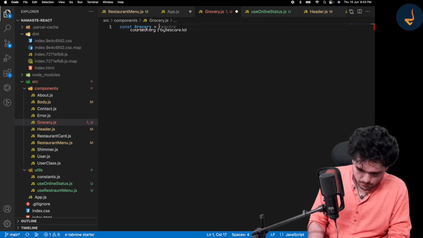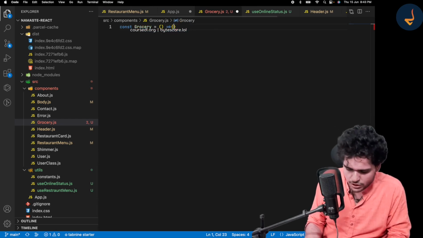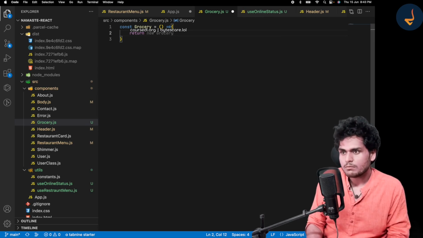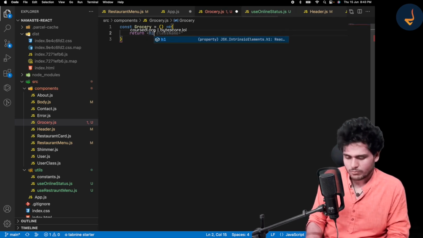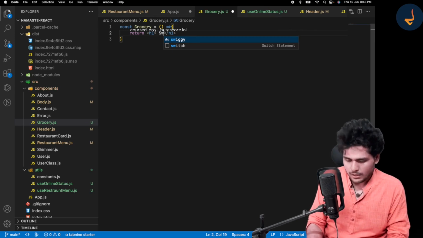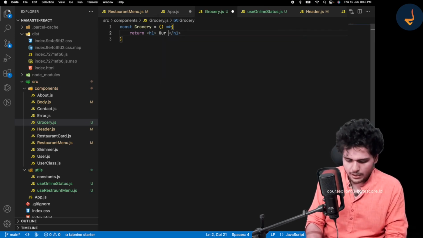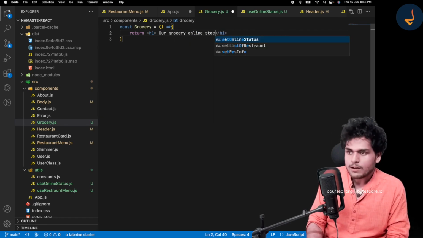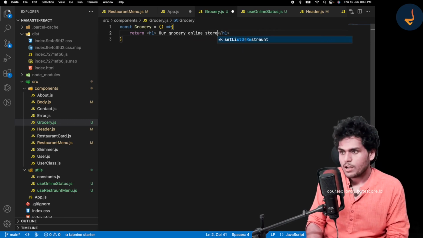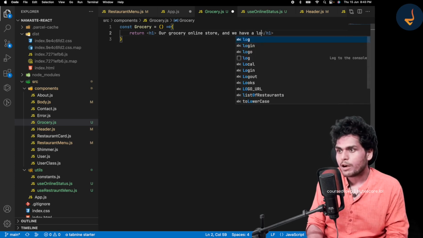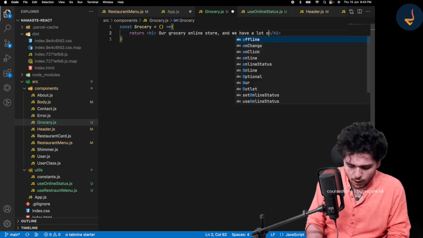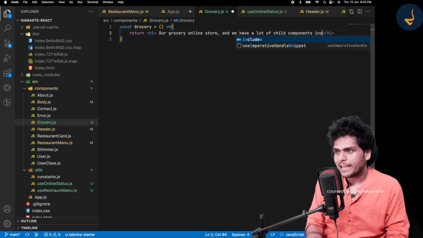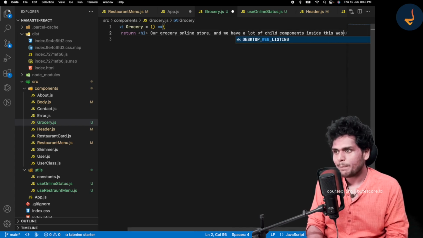It's a normal JavaScript function that returns some piece of JSX: return an H1, grocery online store, and we have a lot of child components inside this web page.